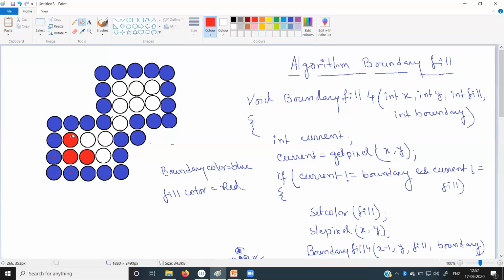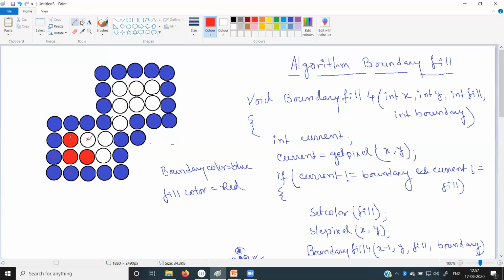So for this particular pixel, only for this pixel, the nearest neighbor is this one, and which will execute the function. The rest of the pixels are already colored either by the fill color or by the boundary color. So this pixel executes the same function.